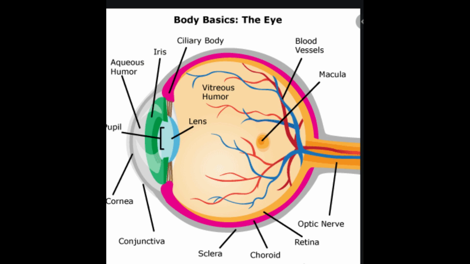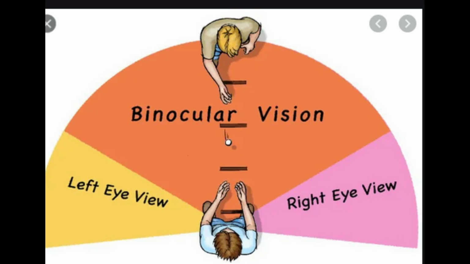We have 2 eyes with the same duty. Is one enough? Let's do an experiment. Try to place the cap of the pen in your friend's hand. Try to do the same thing with one eye shut. You can see it is difficult to do the same when one eye is shut. This is one of the abilities of our eyes.